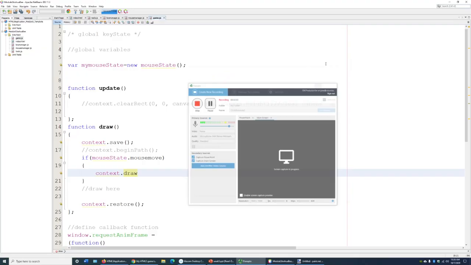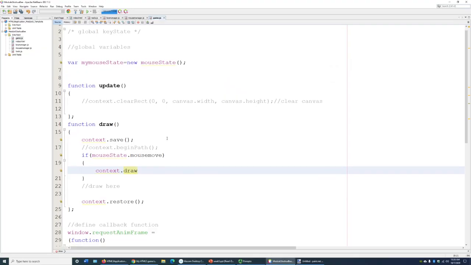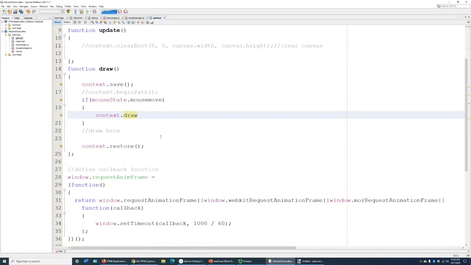Okay, so let's go ahead. I think I've come up with an idea. I haven't changed anything, but what I've done is I've added this if statement. And this is going to be your game.js, and it's going to be if the mouse state, mouse move, Boolean